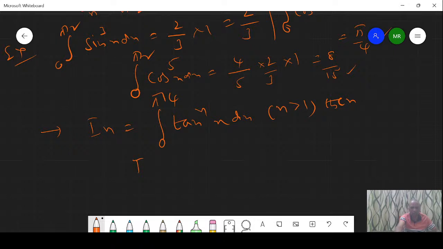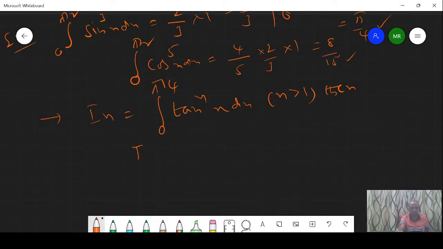So, whenever they are given this tan power n x dx, I can write this one: I_n plus I_(n minus 2) equal to 1 by n minus 1. This is a property you will write. 0 to pi by 4 tan power n x dx, n greater than 1, then I_n plus I_(n minus 2) equals 1 by n minus 1. From this I can write I_n is equal to, I can expand,